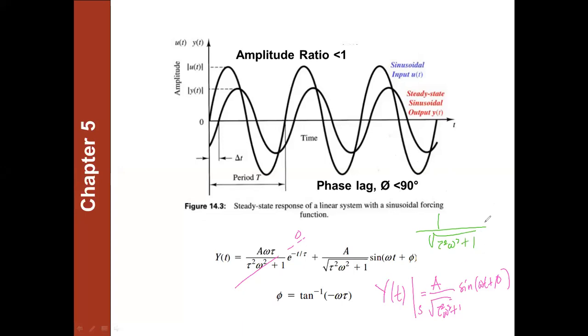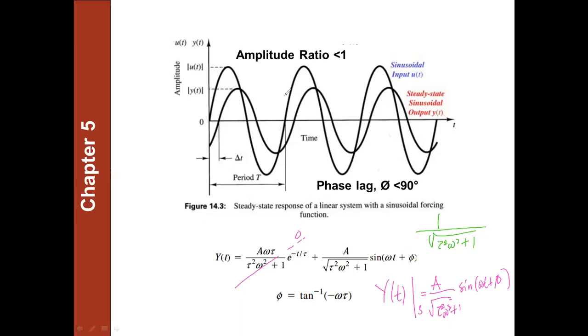This is the amplitude ratio. We call this the amplitude ratio if you have read the section that I've assigned you to read. So this is the amplitude ratio for our forcing function, or shall I say the amplitude ratio of the output to that of the input. This value will always be less than 1. So if your answer for this value is greater than 1, there must be something wrong with what you're doing,